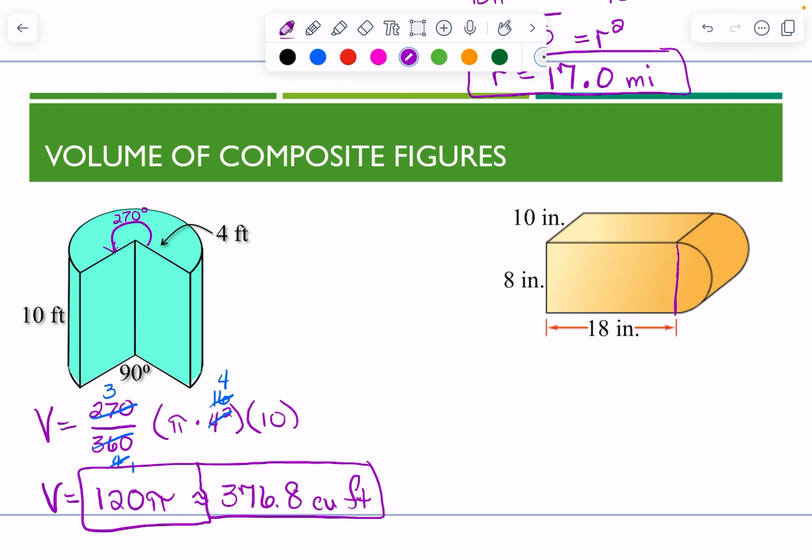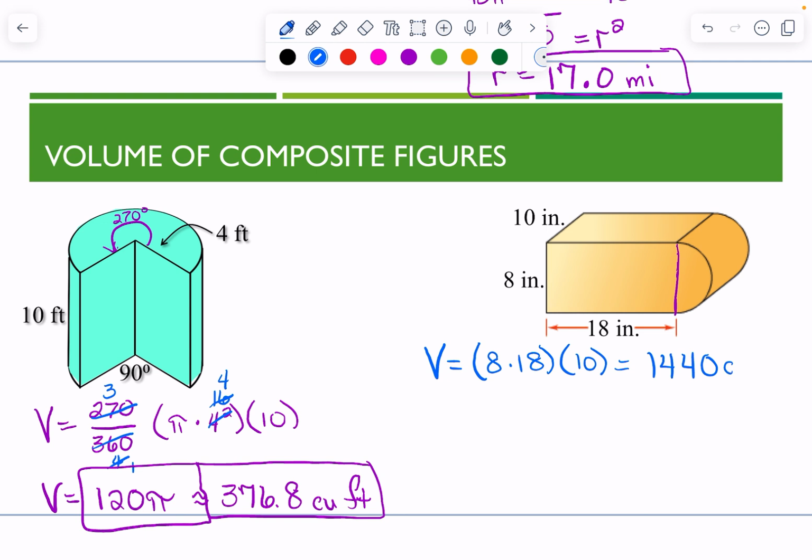What we're going to need to do is find both measurements and then add them together. Let's start with the prism. The volume of the prism, remember, is the area of the base, so 8 times 18, times the height of the prism, which would be 10. So I'm going to go 18 times 8 times 10, and that's going to get me